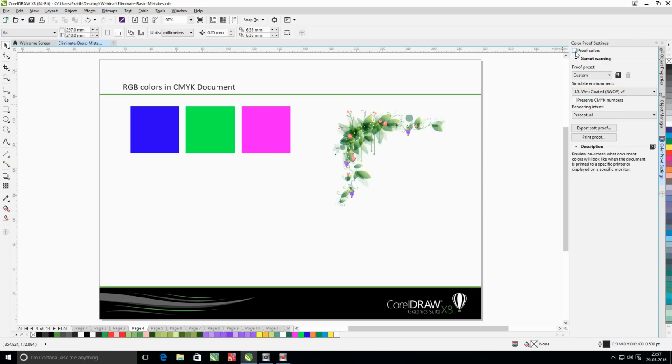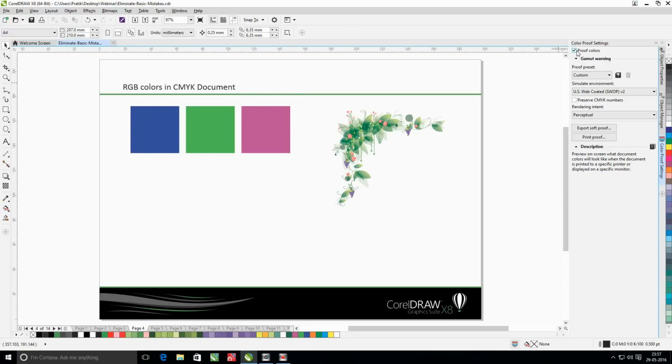And when you enable the proof colors checkbox, you can see the change in the colors. The bright colors are now a little bit saturated, and it simulates the closest result achievable in the CMYK document.